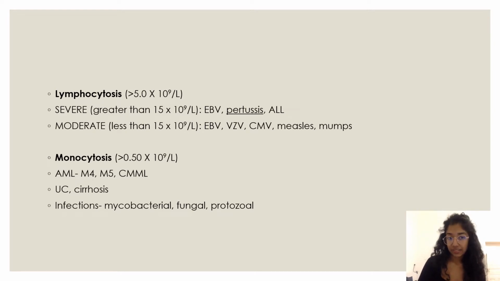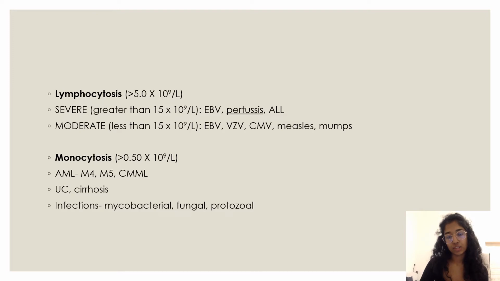Okay, so next you have lymphocytosis. Lymphocytosis is when you have an increase in the amount of lymphocytes. This generally occurs in response to viral infections, and it is considered lymphocytosis when you have levels exceeding 5 × 10^9 cells per liter. Severe lymphocytosis occurs in the case of